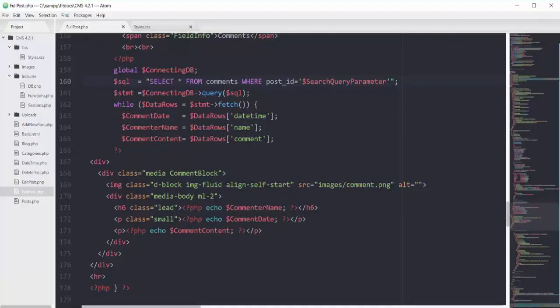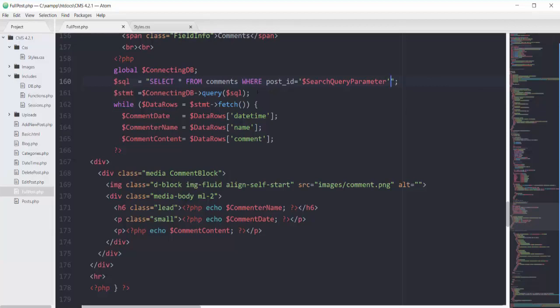So here in my SQL, I have to modify this query. Select all the columns from my table of comments where post_id is equal to the search query parameter, and then I have to add another condition using the AND operator.